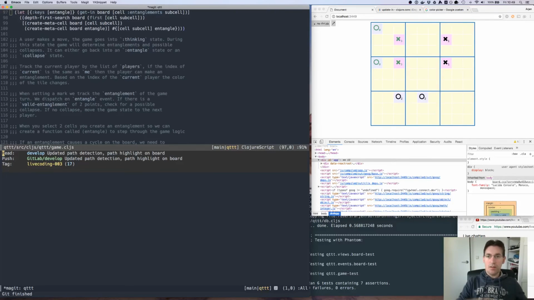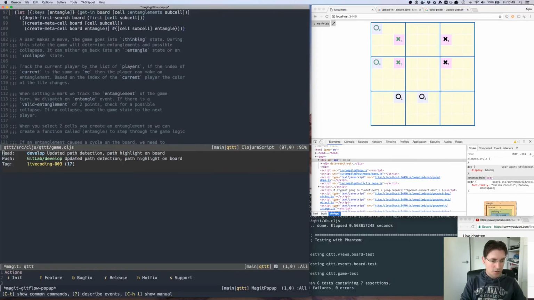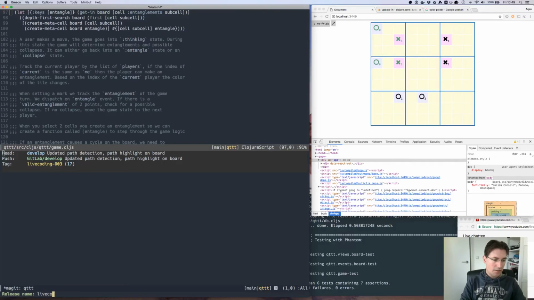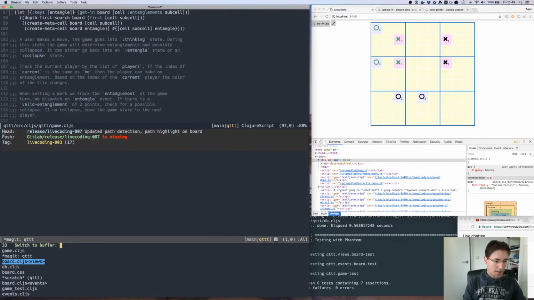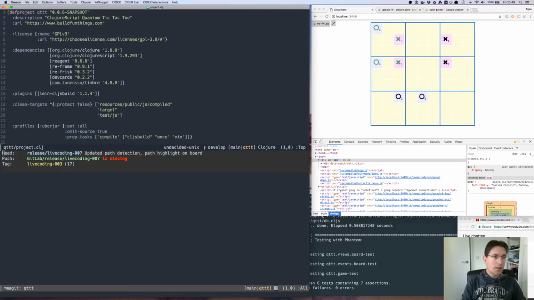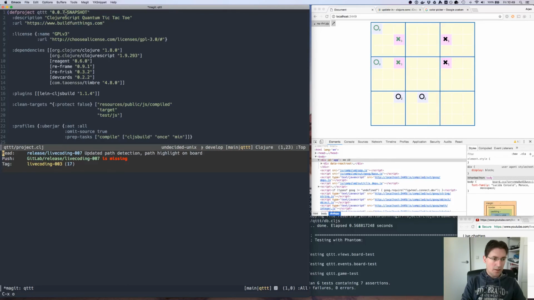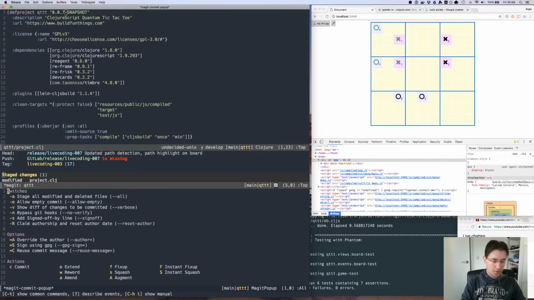Alright, so it's going on to GitLab right now. Let's also make a release. Let's start live coding 007. Right. And we can immediately, or we can go into our project file and make this 007 snapshot, right? Let's refresh, submit it, commit,